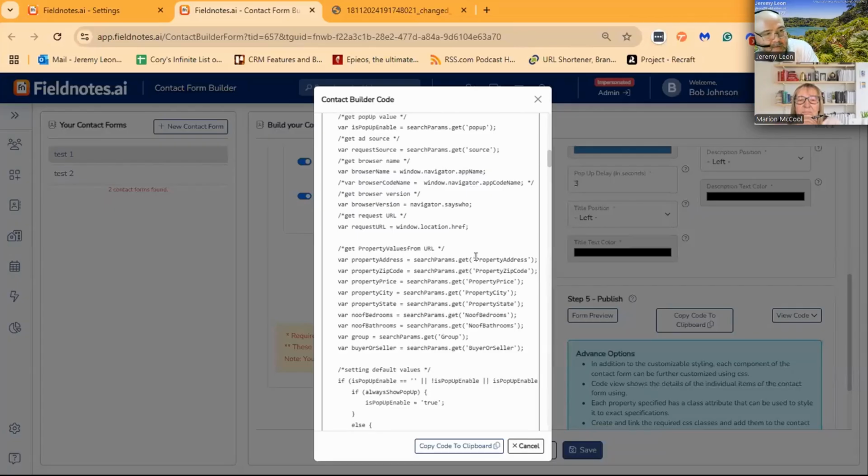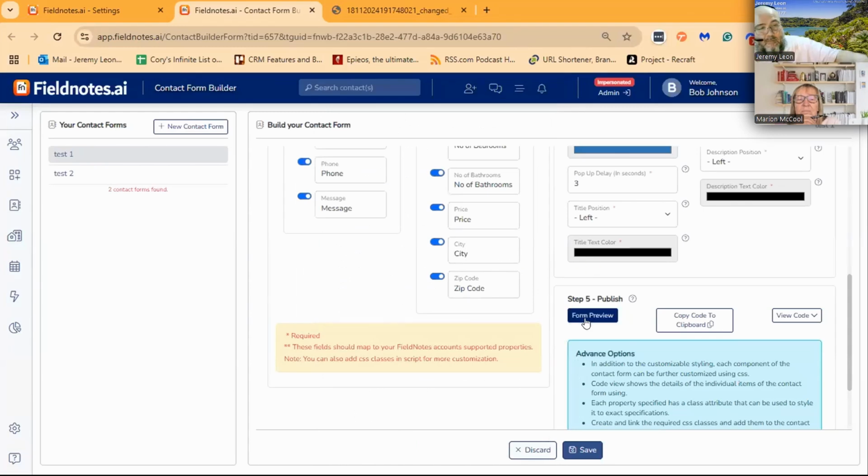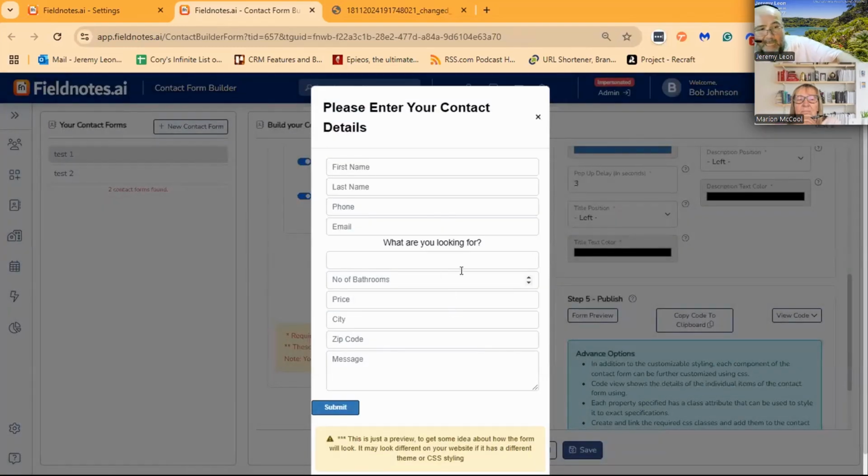And you can actually see where it says property address, property zip code. You can go within here, change that code, and it will change this and align it better. So what you do is you basically copy this message form and you add it in place of these things. But I have to see how it ties to the form, and I'd have to play around with it. But for like a simple capture, right?